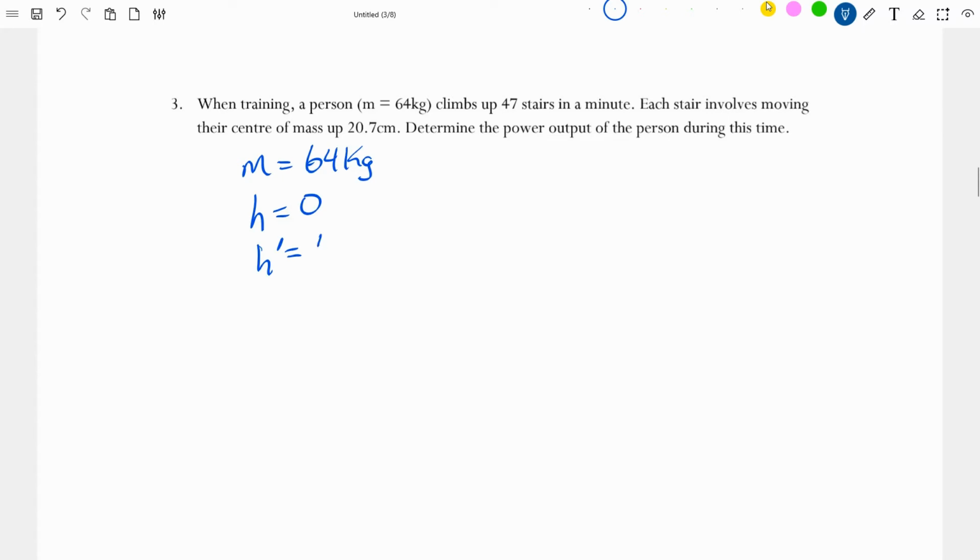Each stair is 20.7 centimeters, so 0.207 meters. Multiplying the step height by the count of steps, 47 times 0.207, they have elevated their body to a height of 9.729